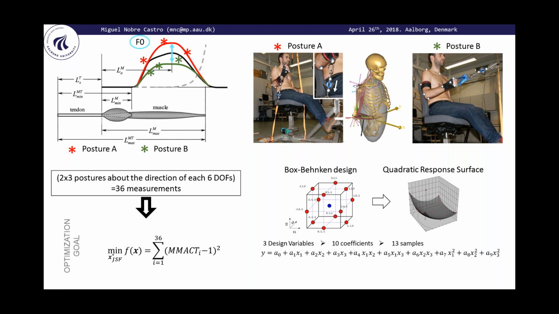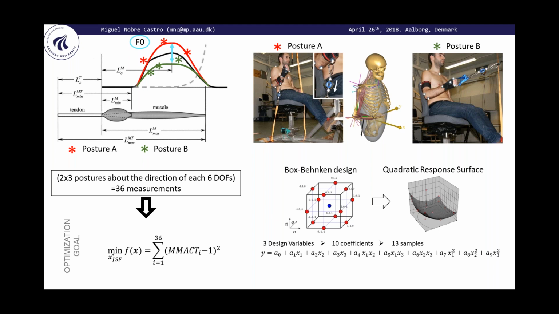And that means that at that given point in time, and that also corresponds to reality, all the muscles are doing their maximum if we have 100% activation. All the muscles that can help counteract that external force will be fully activated. However, this problem is quite complex when we have 36 different measurements and 18 variables. So the way to minimize the complexity of the problem is to resort to surrogate modeling. In this specific case, the Box-Behnken design allows you to only assess a very specific minimal set of points in our design space, and we can get a fair